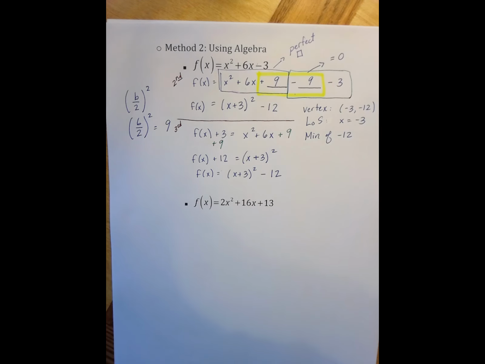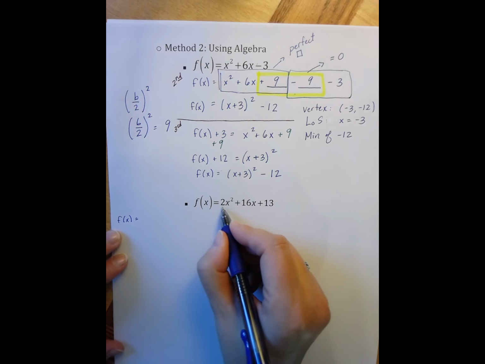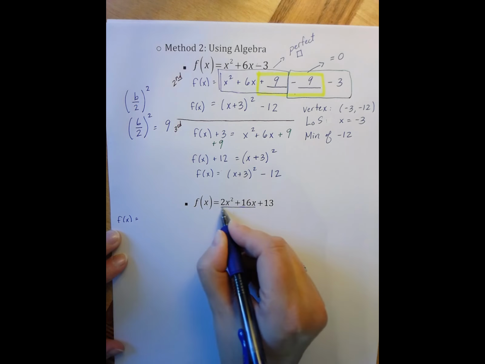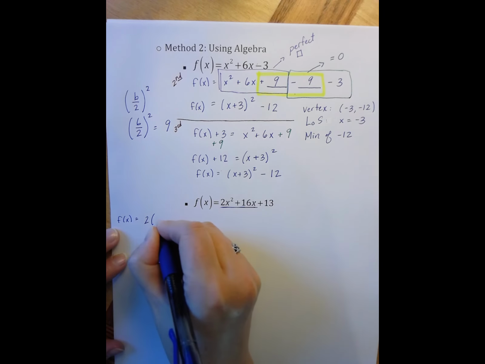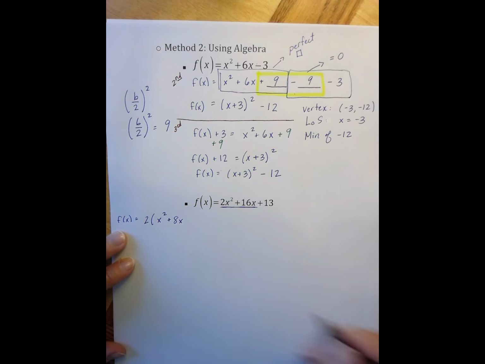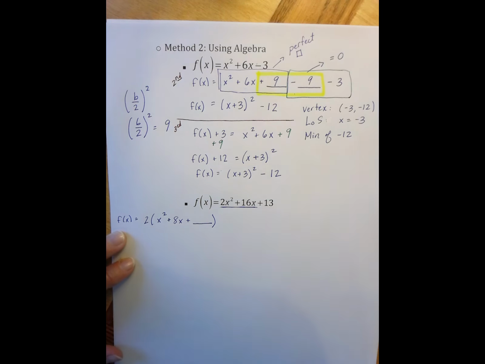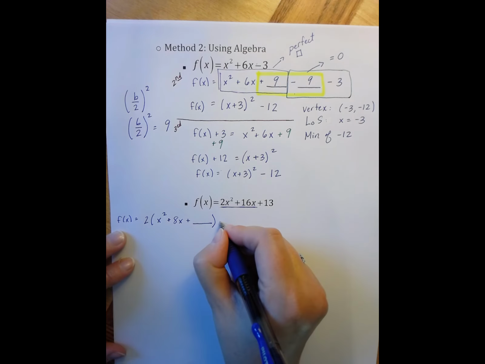My second example. Again, there are several ways to do my second example. In fact, I may actually do this in 3 different ways. We'll kind of see how it works out. So the first way is that I am going to say f of x equals, and I am going to factor out a 2 here, so that I have 2x squared plus 8x, and then I have a plus my completing the square portion, which means I also need to have